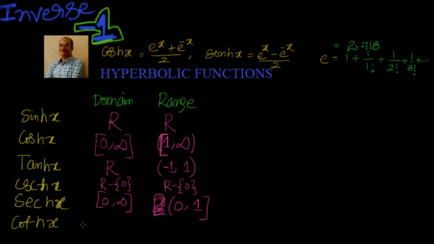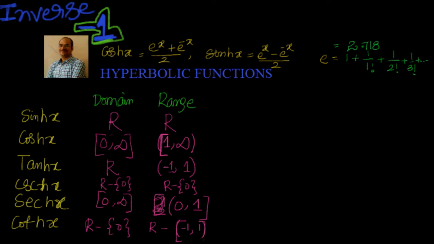The range of this is nothing but R minus (-1, 1), because I cannot have any values between minus 1 to 1. So it's nothing but R minus of minus 1 to 1. Or you can actually take them as included here, because if you look at the coth x, it can never reach one value. So when you are excluding, you want to include 1 also, negative 1 also. These two are square brackets. I hope you got it.